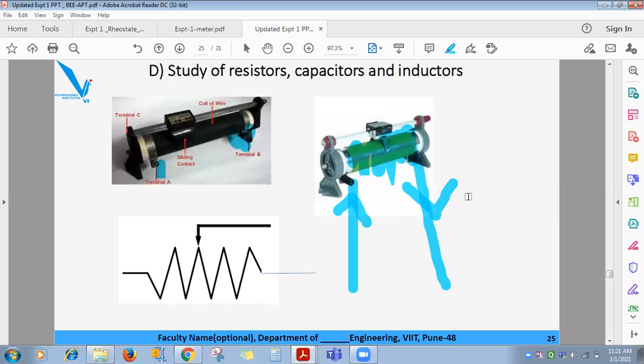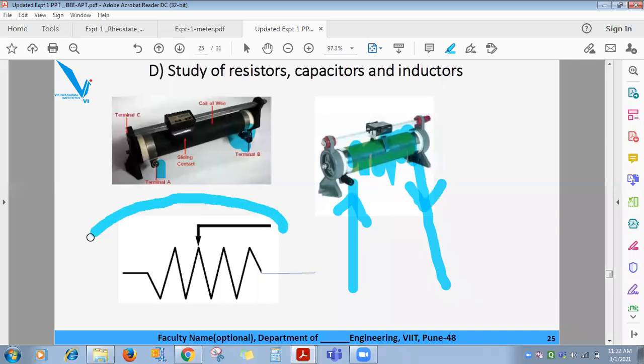In this case it is acting as a fixed resistance. This is the sliding point contact, which you can move from A toward B along this steel rod. Whatever the position of this knob, current will enter A, travel through all the turns and lead to B. This is called fixed resistance.